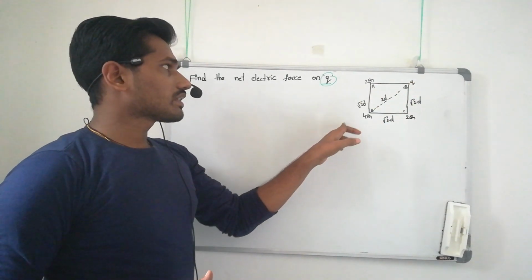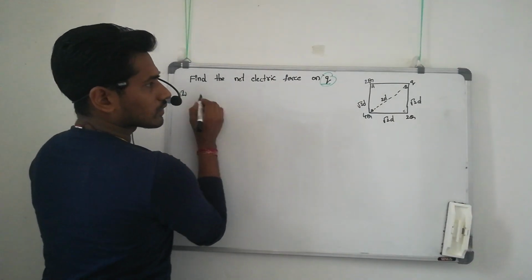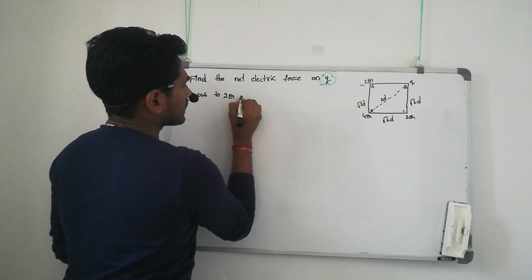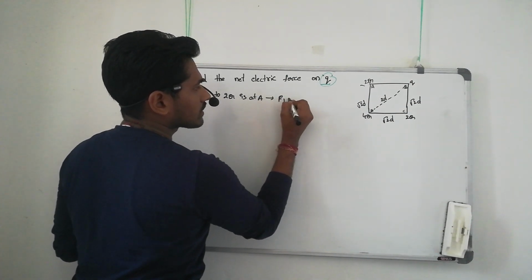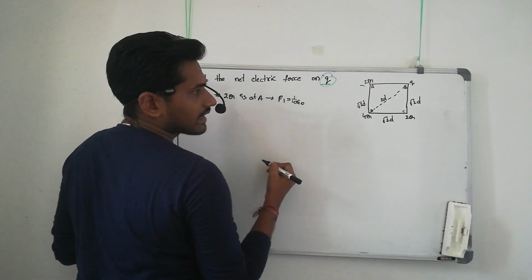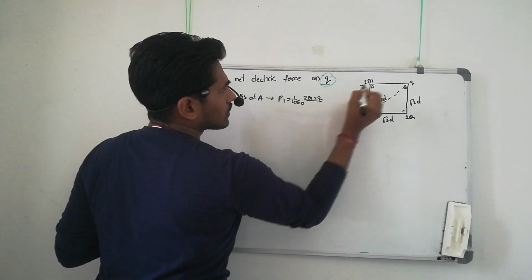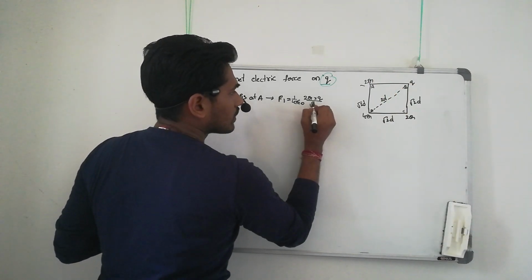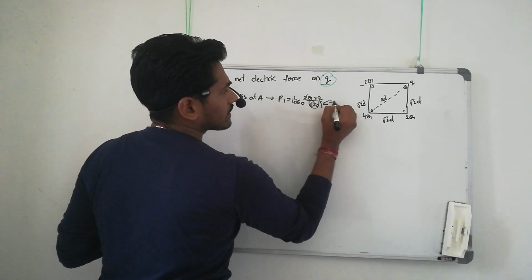So what are the given charges? 2Q, 4Q and 2Q. So there are three forces, and we resolve the three forces. Force F1 is due to charge 2Q at A. Just consider force F1. So what is the formula? 1 by 4 pi epsilon naught into Q1 Q2 by R square. Here 2Q into Q divided by, so what is the distance between them? Root 2D. All sides will be equal, so root 2D whole square. So root 2 gets cancelled, and 2 gets cancelled. Let us consider F0.